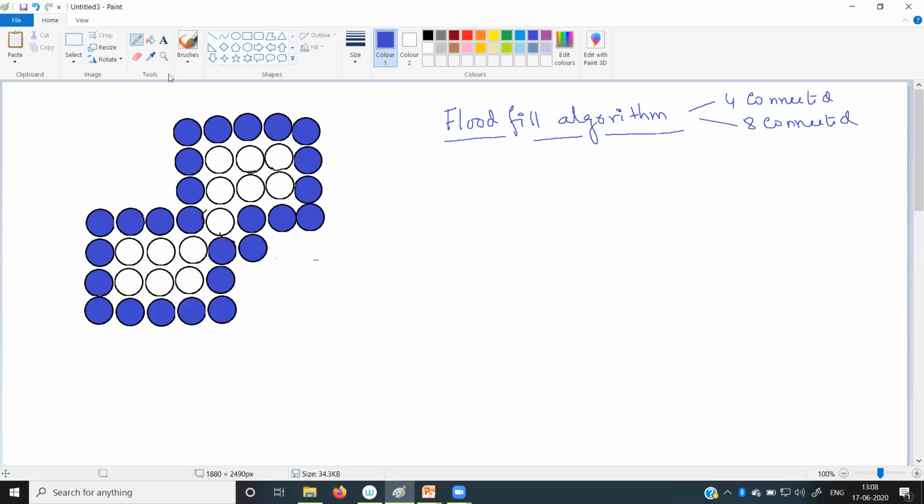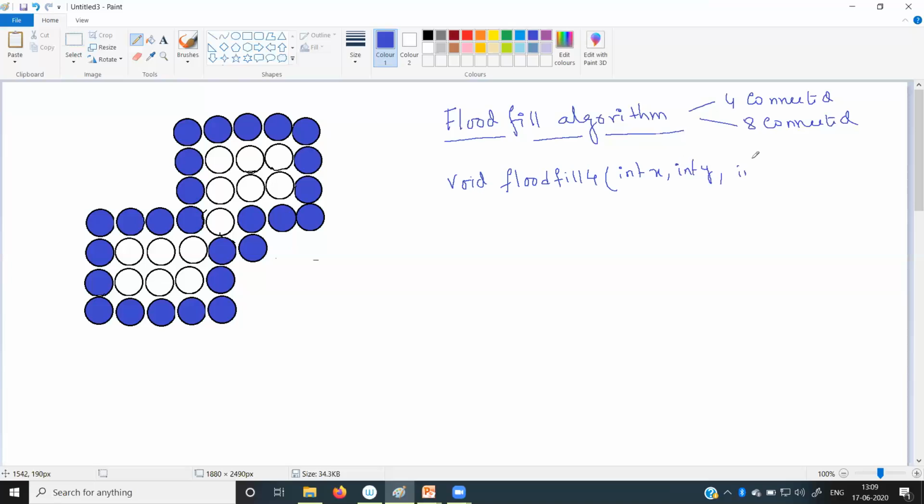Before that, we will write down the algorithm, then it will be easy for you. So I am writing the algorithm for flood fill. This is void, and the name of the algorithm is flood fill. First we are writing for 4-way connected, and we have to pass the coordinate of the pixel, so we write int x, int y. x, y is the coordinate of the pixel.